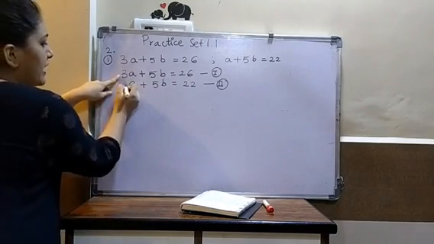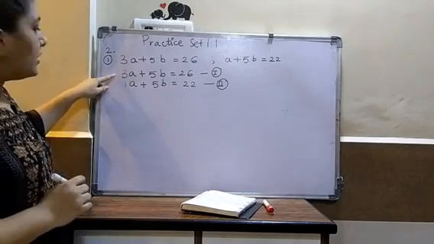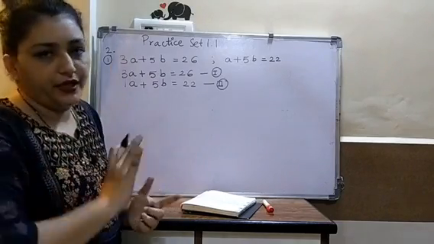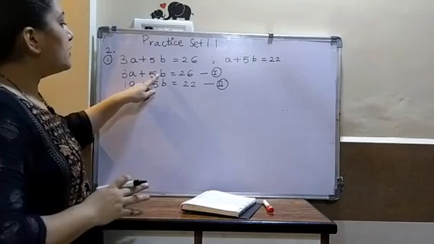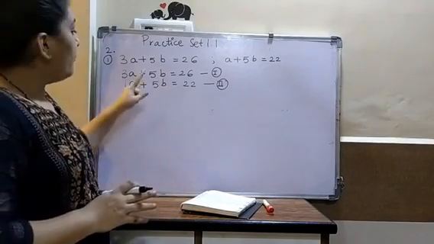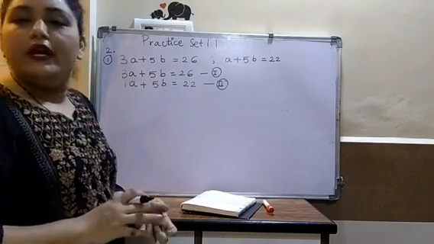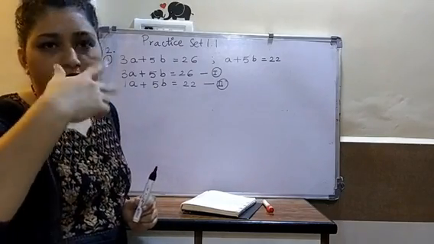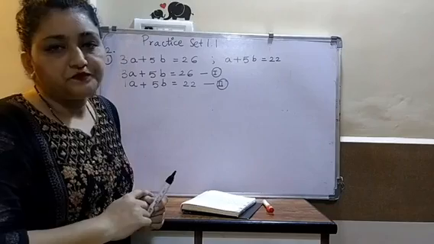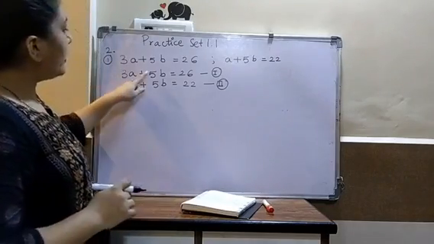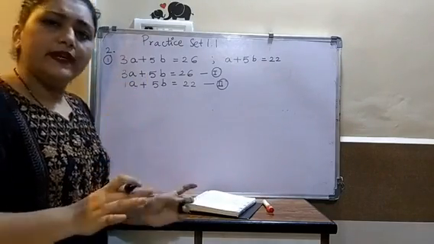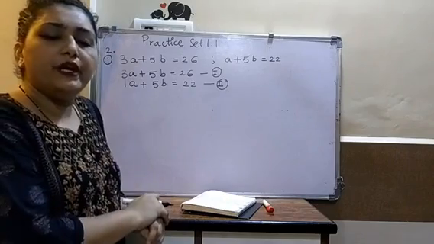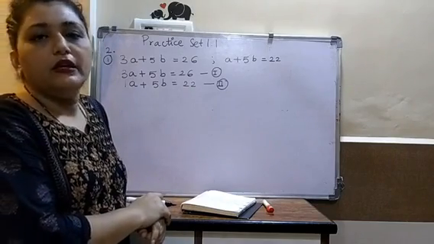And if nothing is there, then 1 is always there. So 3 and 1 are the coefficients of a. Okay, they are different. They are not same. And here the coefficients of b are 5. Both are 5. It means the very first step, to equate both, you don't have to do. Why? Because it is already same. If it is not same, then you will make them equal. Okay, but this is already equal, so there is no need to equalize it.